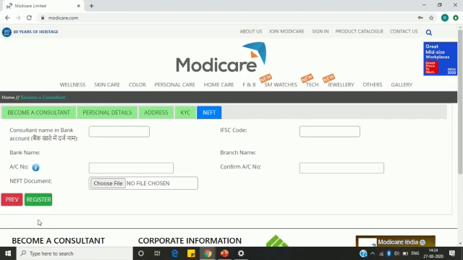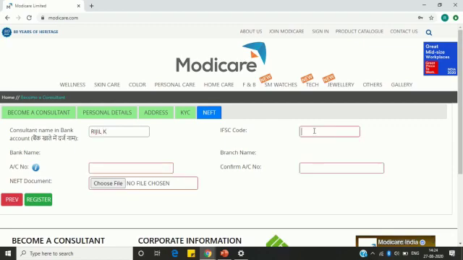So this is the fifth page. This is the page which captures the bank details. So why company needs bank details? Because as and when you are eligible for the income or bonus, company can transfer the same to your bank account. The first box is consultant name in bank account. Many a times consultant fill the bank name, but that is not required here. It is consultant's name in the bank account. So what is your name in the bank? That you have to mention. So I am entering here Rajal K.